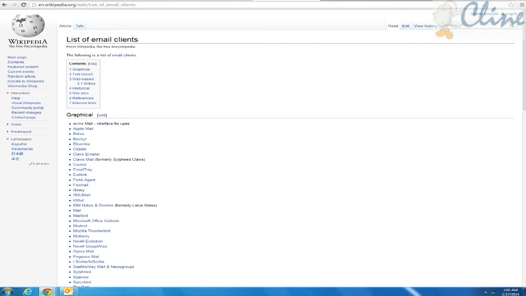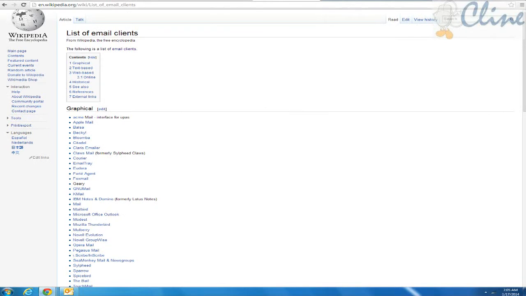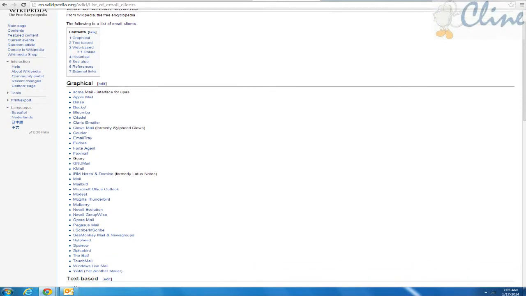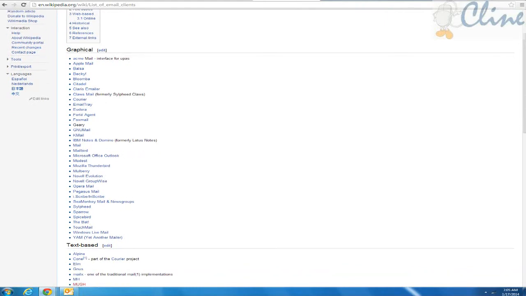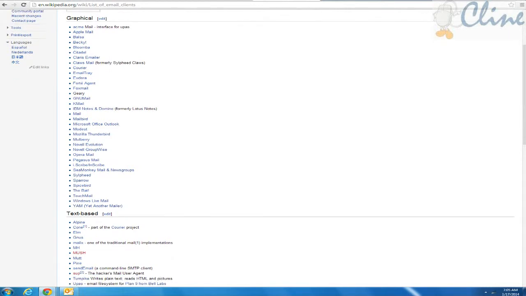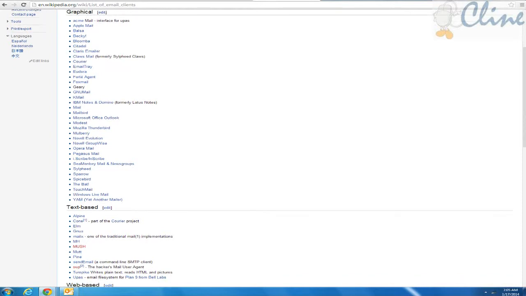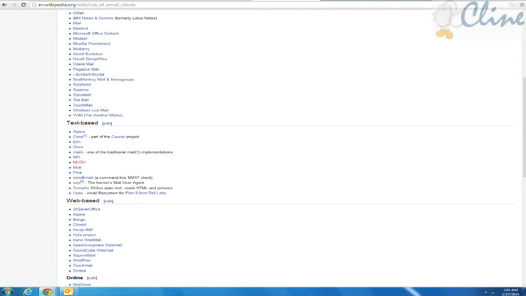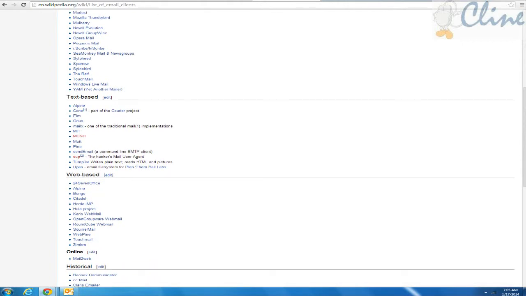Many mail clients today have taken what used to be plain text email clients and have made them into graphical user interfaces, or what we call a GUI. There are many web-based email clients outside of popular email providers. So besides web-based Gmail, Yahoo, Microsoft's MSN Live, and Hotmail accounts, there are other web-based email programs that will also allow you to connect using POP, IMAP, and SMTP email protocols, which we'll get a little more in depth to today. On all of our servers here at Client Computers, we have SquirrelMail, Roundcube, and Horde as three options for